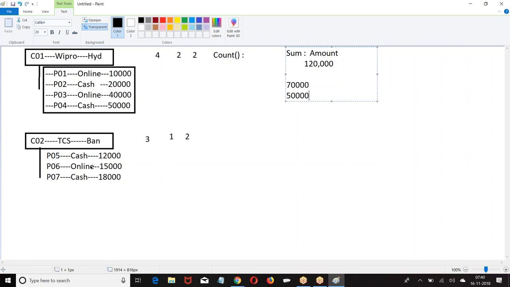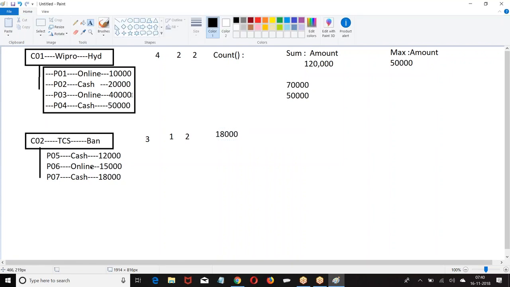Next, what is the next one we have? Look at this: max, min. Max of amount is 50,000. Then max of amount for this is 18,000.